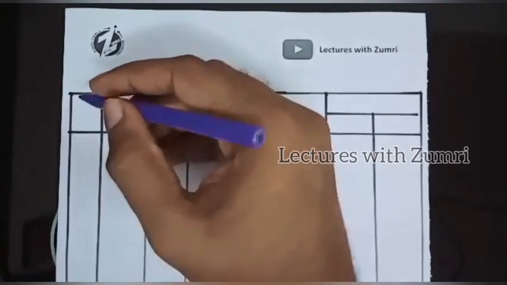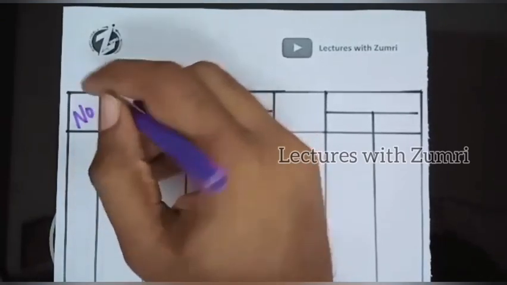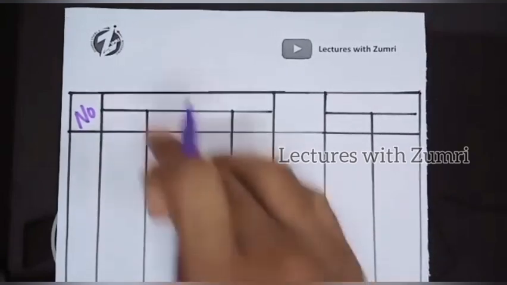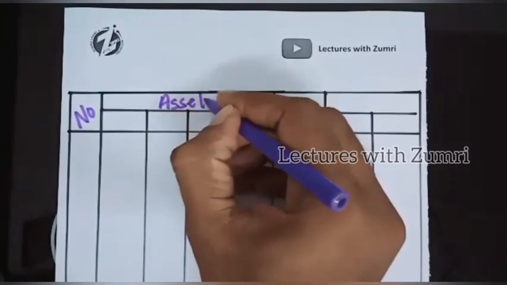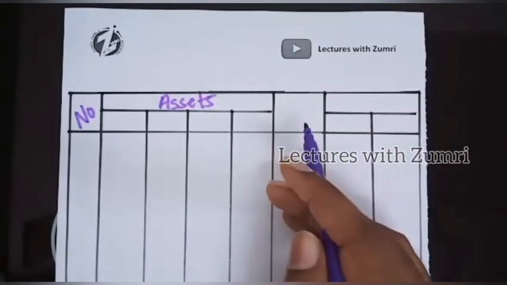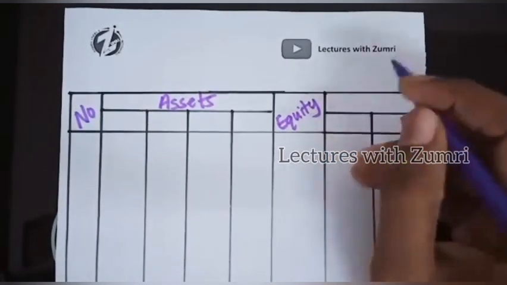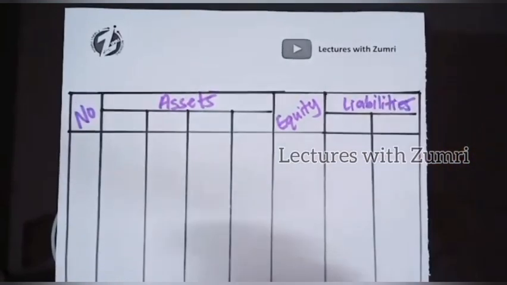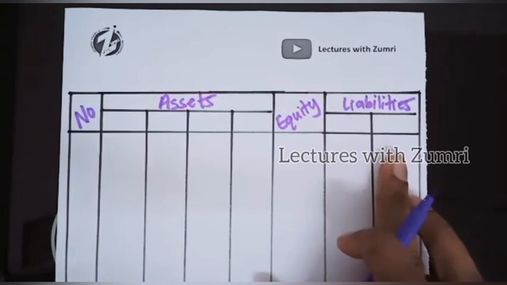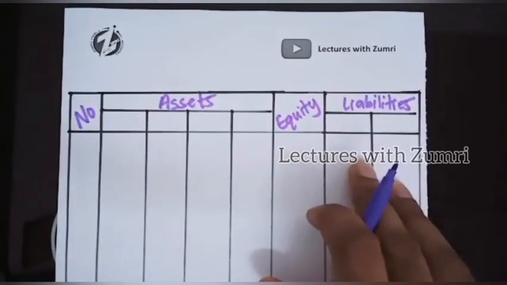We always have a number or a date column. Right, now since I have given the numbers here, we can start with the number column, and here we can have the assets. As a heading you can put assets, and there can be 3 or 4 sub columns for assets, and in the center we can have the equity column, and at last we can have the liabilities column. For liabilities you can have a maximum of 2 columns. We won't have much of a liabilities, right? So we have creditors, and also you may get a bank loan, right? So keep in mind for your exams you draw a structure like this, right?